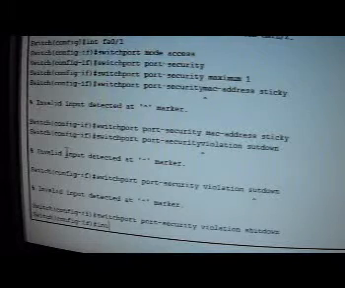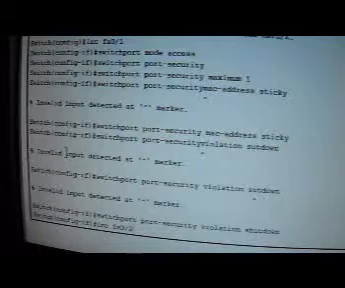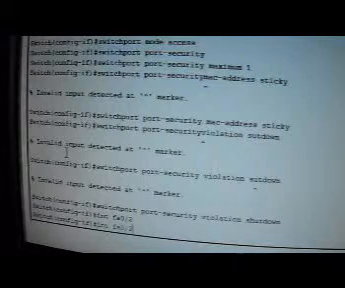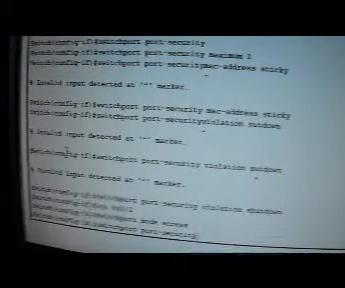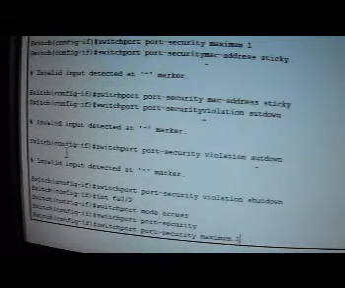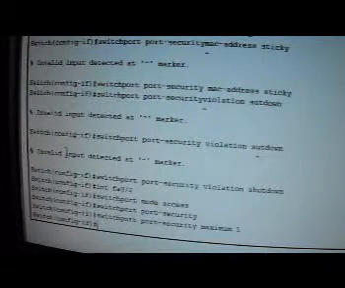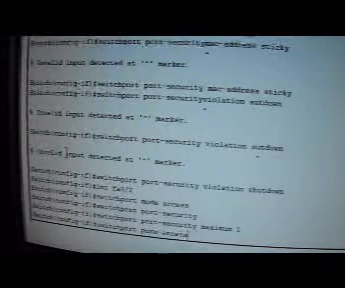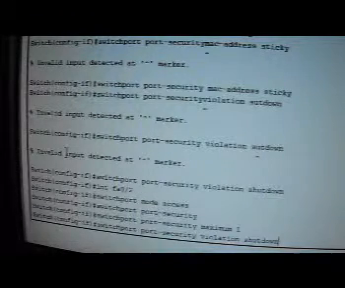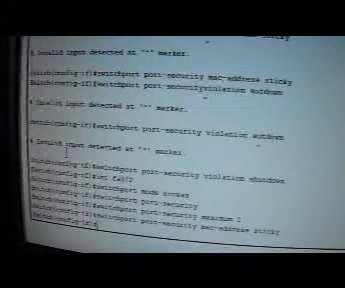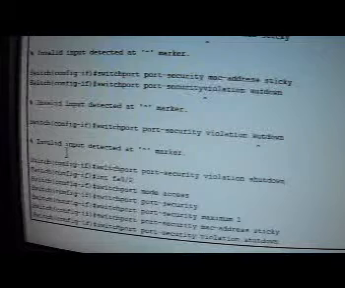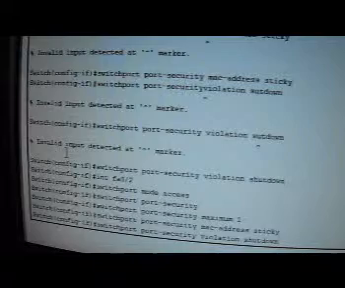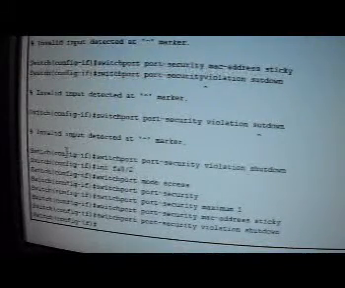Now if we do INT FA0/2 to set up the other one, again we type in switchport mode access, switchport port-security, switchport port-security maximum 1, so they only have one attempt. Switchport port-security mac-address sticky, so that only one MAC address can be assigned to one port. And then switchport port-security violation shutdown. And if we come out of there,